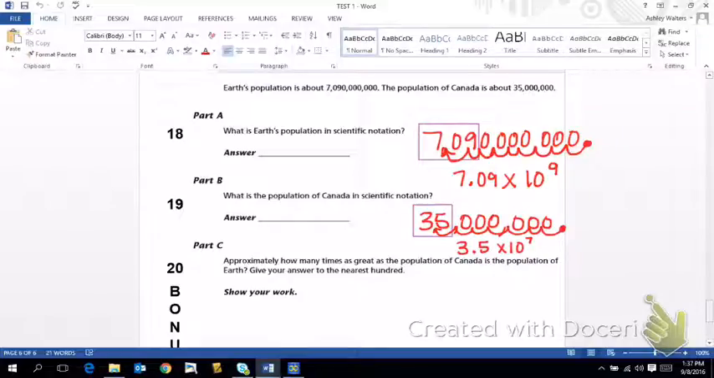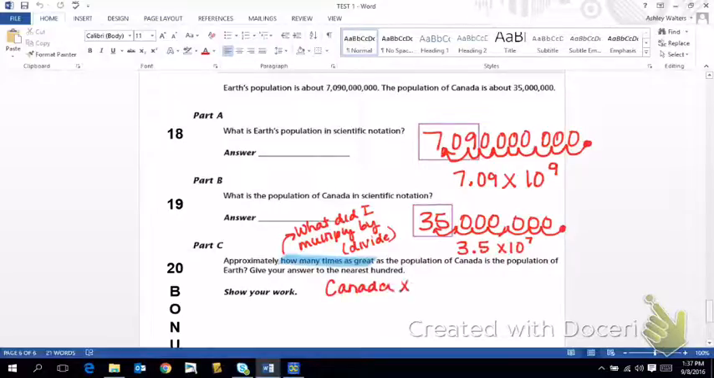For number 20, you're asked approximately how many times as great as the population of Canada is the population of Earth. And when you are asked how many times as great, you are asking, what did I multiply by? And in order to figure that out, you have to divide. So the statement is telling us that Canada times some amount will give us the Earth's